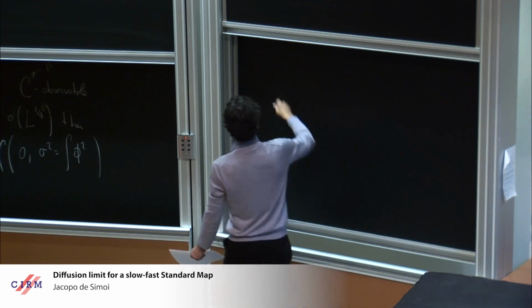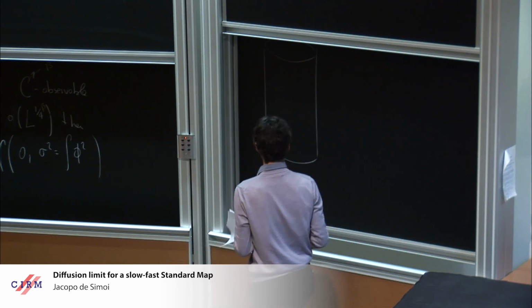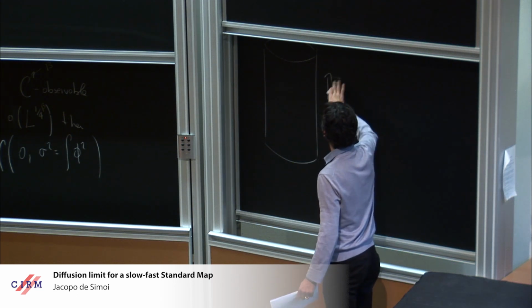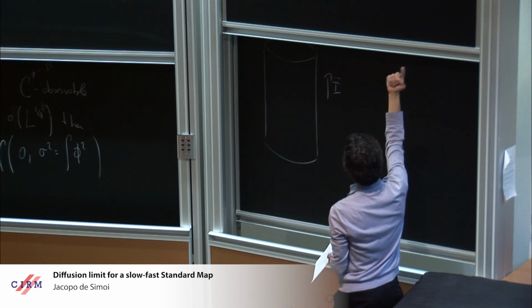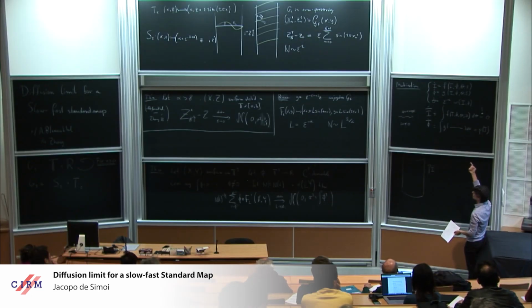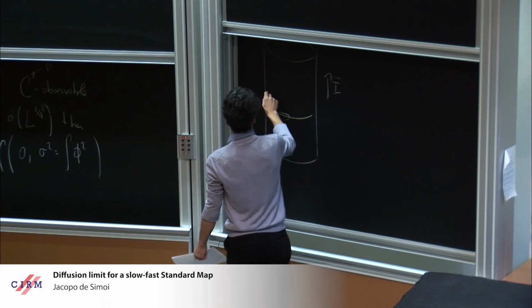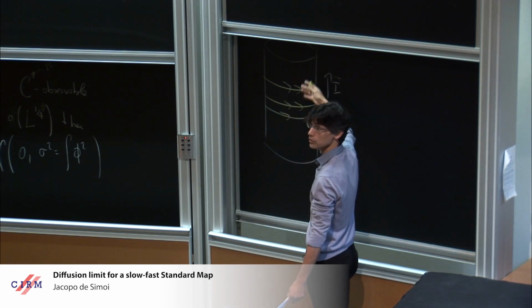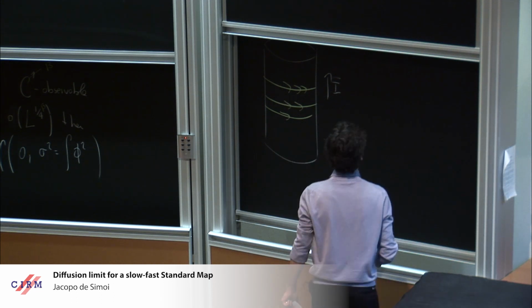The picture for the average system, again, is a cylinder. And then you have I here, a so-called I bar, if you want, which is an adiabatic invariant of the system. And on each of these things which are preserved, you have some rotation by some P of I. And if you have some non-degeneracy assumption, then you will have a twist, actually. So maybe P is increasing in this region, and so as you go up, you will rotate with a stronger